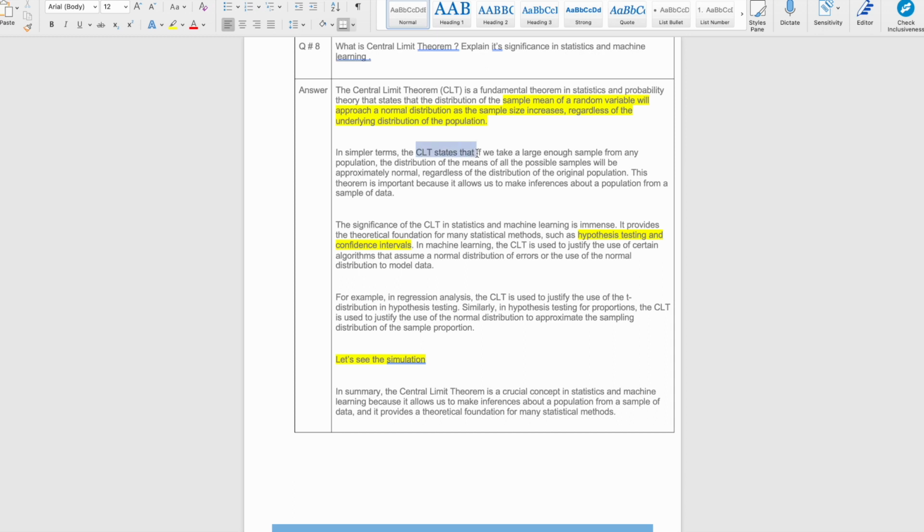In simpler terms, CLT states that if you take a large enough sample from any population, the distribution of the mean of all possible samples will be approximately normal, regardless of the distribution of the original population. Another thing to note is that this is true for any sample statistic. Here we are taking the case of the mean, but suppose you are taking the sample